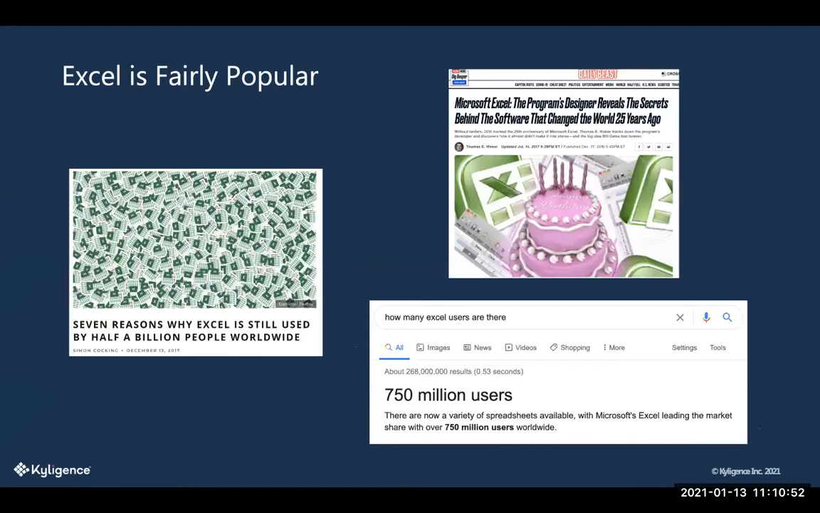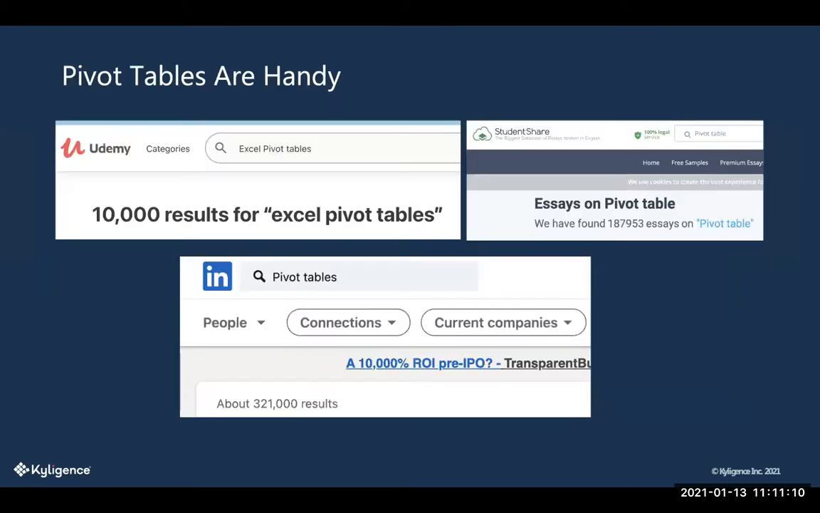Well, first, Excel is fairly popular. 750 million users, still very relevant. It's 35 years old now, so suffice it to say, it is still a very important BI tool used by a lot of people. And pivot tables in particular are one of the more powerful analytical tools in Excel, and